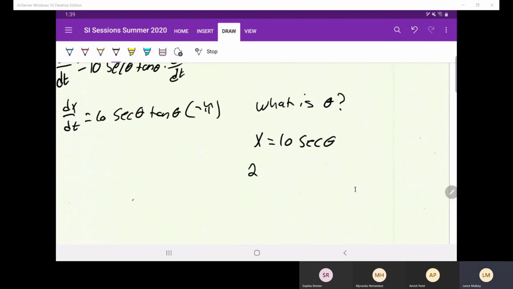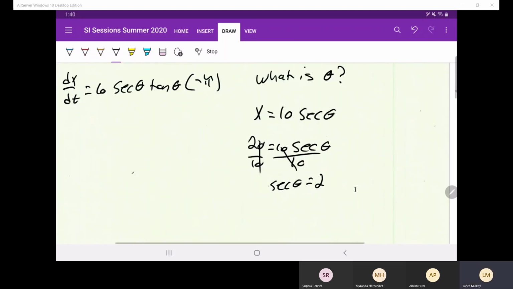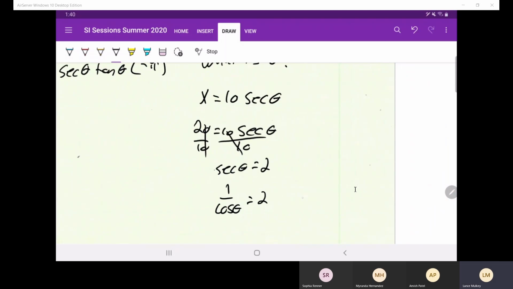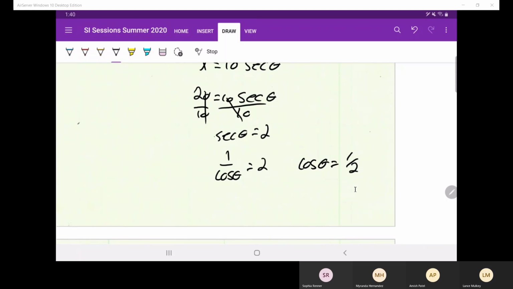And now we only have one unknown, so 20 equals 10 secant theta. Divide both sides by 10. So secant theta equals 2. So 1 over cosine theta equals 2. So cosine theta equals 1/2. Theta equals pi over 3, I'm assuming. It could be negative pi over 3, but